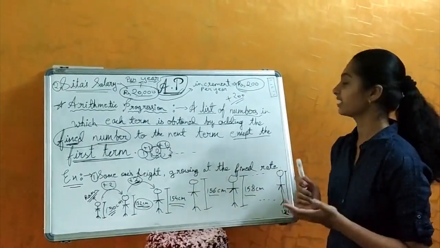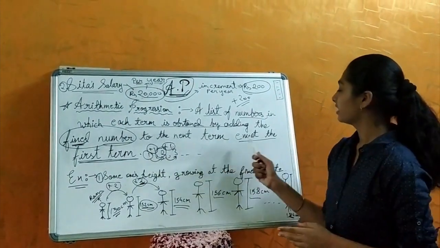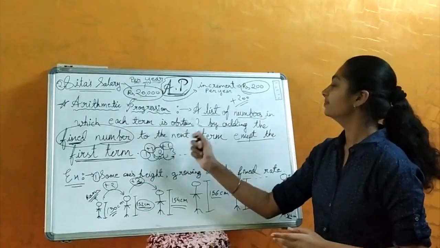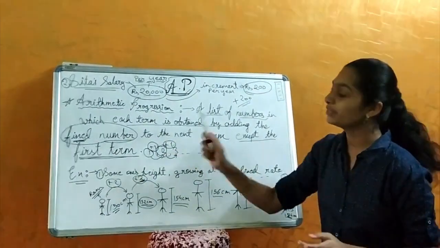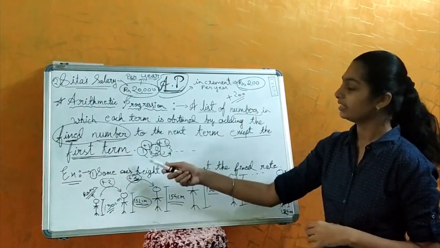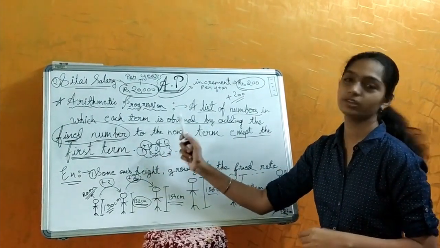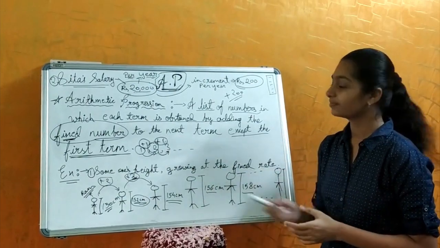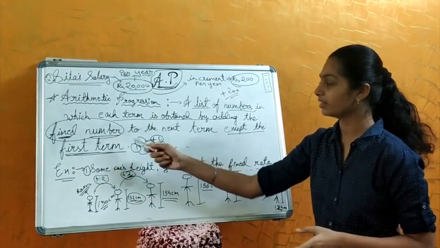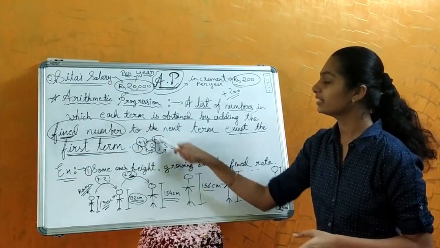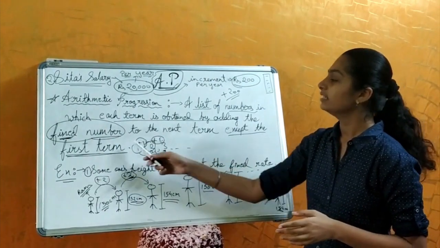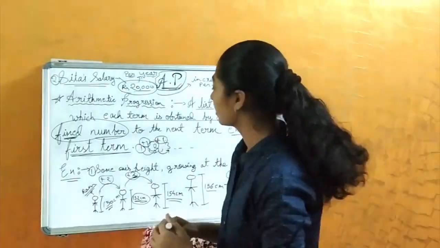Isn't it? So here is one exception, but what is that exception? That is, the fixed number should not be added to the first term. For example, this is our first term. Yes, because this is the first number, so it becomes our first term. So the first term, if we add plus 1 here, the fixed number, we will get exactly the second term, that is 2. So we should not add the fixed number to the first term.